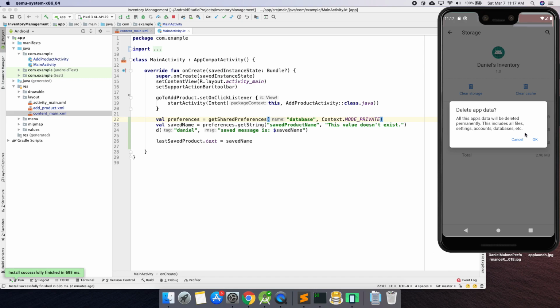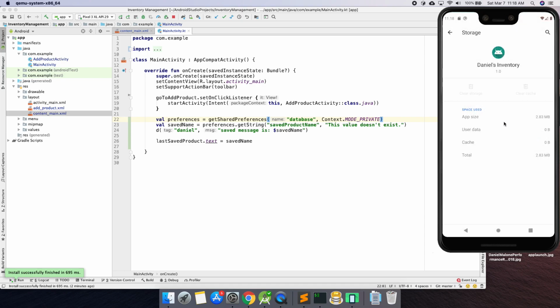It'll delete. It won't delete your snaps. It'll delete your saved stuff. Or if you do it on Facebook, yeah, you can always log out of Facebook on the app, or you can just, this is the nuclear option to just clear everything. In this case, I open up Dan's inventory and I'm going to clear the storage. So that